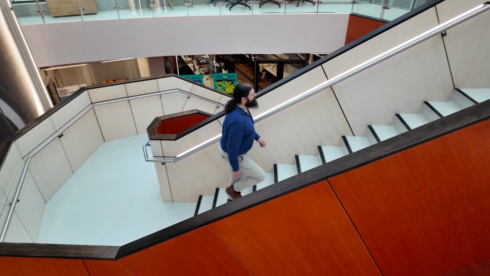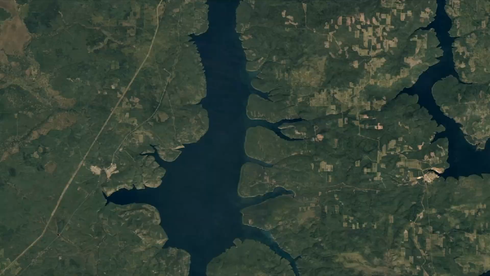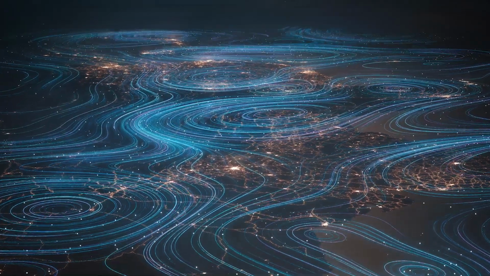I'm Dr. Adam Kessler from the School of Earth, Atmosphere and Environment at Monash University, and I'm delighted to be launching the Master of Geographical Information Science and Technology. GIS is transforming industries worldwide, from urban planning to disaster response, public health to agriculture. The applications of GIS are vast and ever growing.